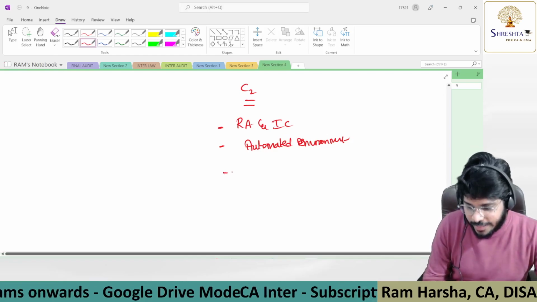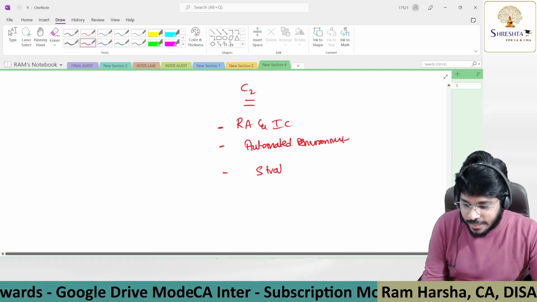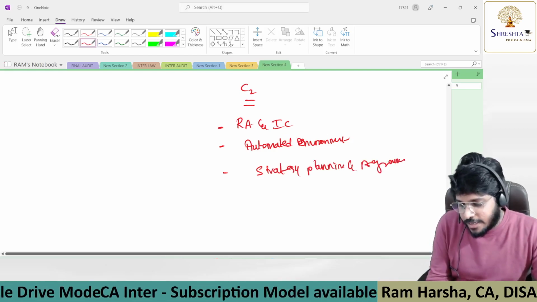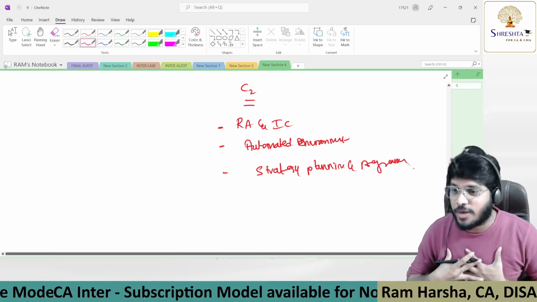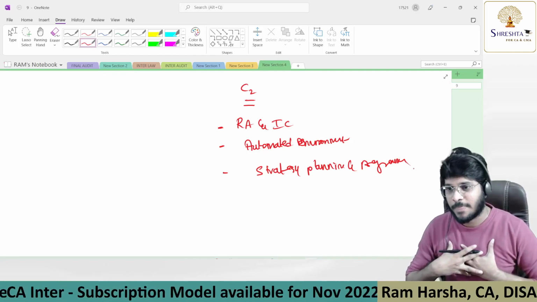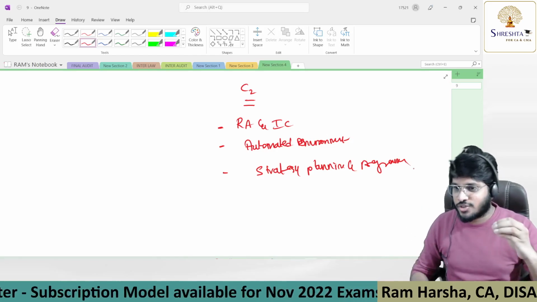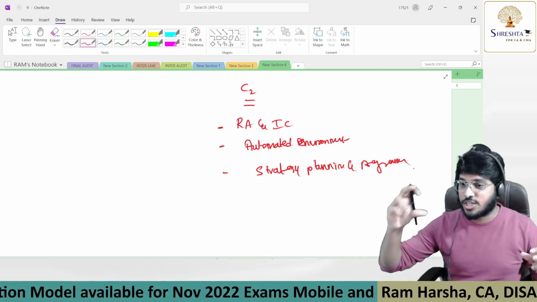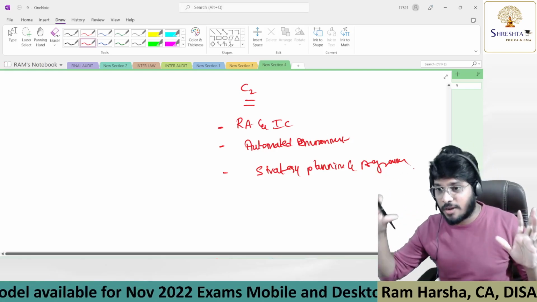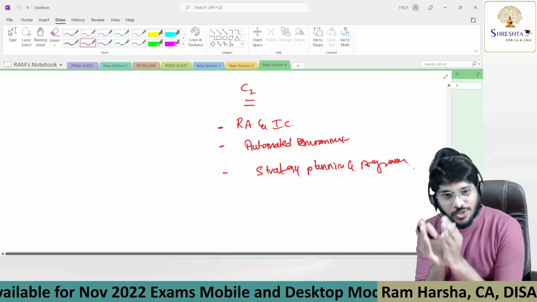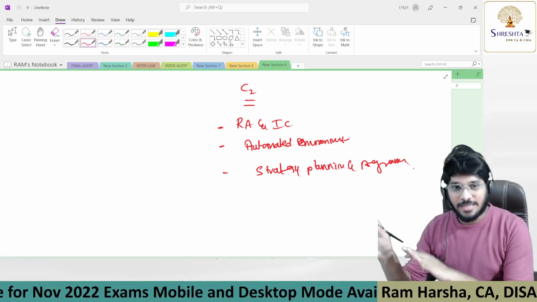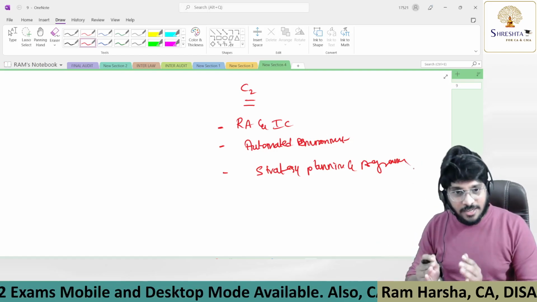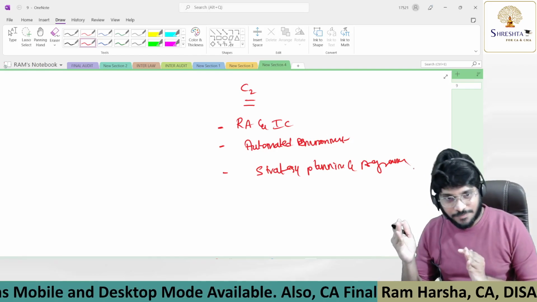Next, another chapter that you can keep under the second category is strategy, planning, and program. Strategy, planning, and program has, as per my material, close to 20 plus questions, 25 questions I think. And there are some questions in strategy. What factors will be considered to develop a strategy? What factors will be considered to develop a plan? What factors will be considered to develop a program? Advantages of strategy. So many confusing points were there. So give it second priority. Even in the order of coaching, I cover these chapters as second priority.